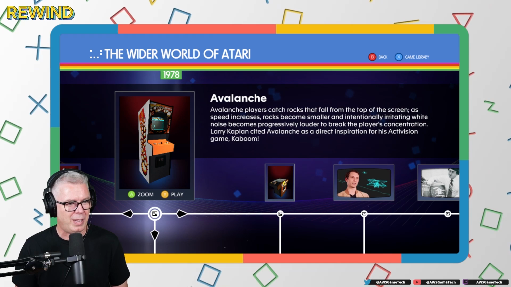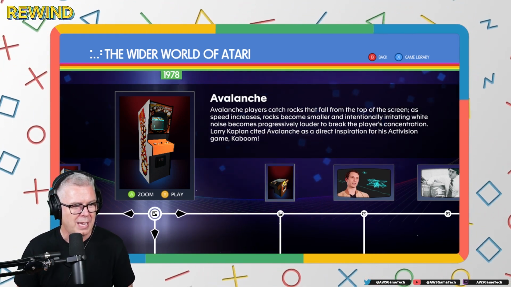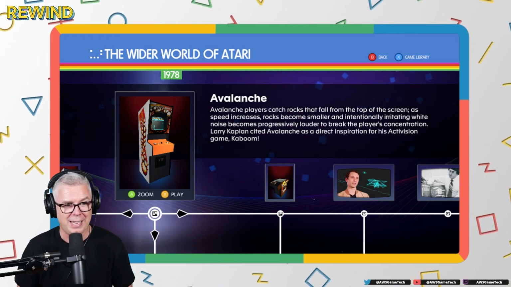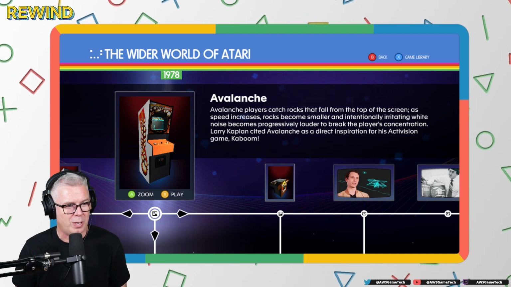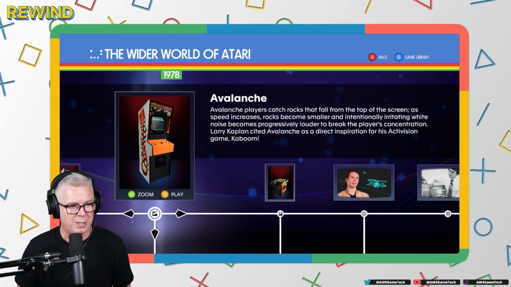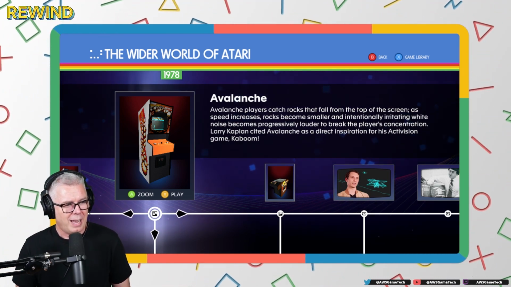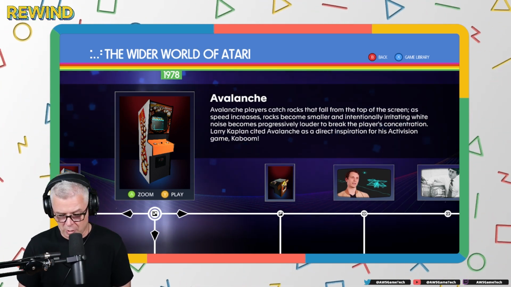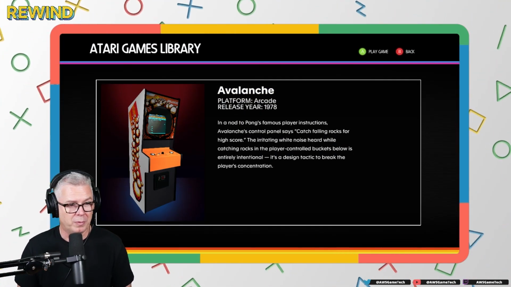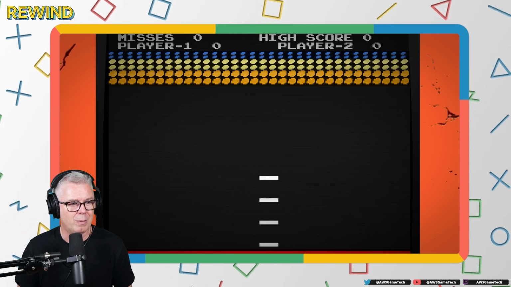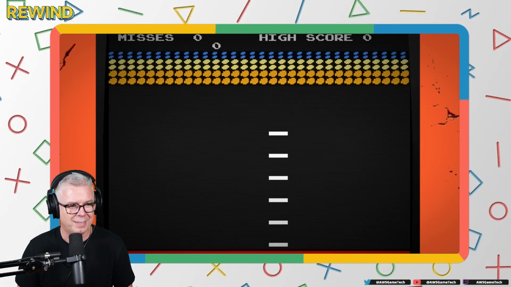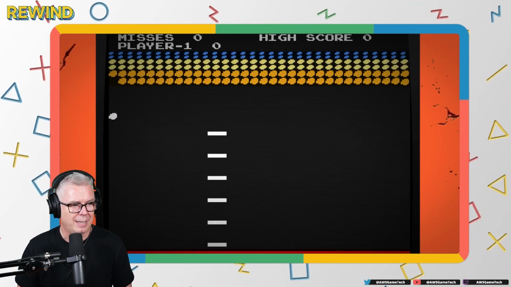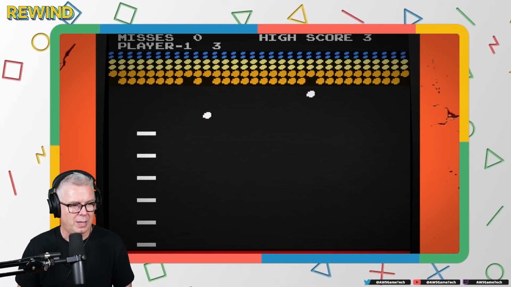All right, Avalanche. Players catch rocks that fall from the top of the screen. Speed increases, rocks become smaller and intentionally irritating. White noise becomes progressively louder to break the player's concentration. Larry Kaplan cited Avalanche as direct inspiration for his Activision game Kaboom. Okay, another great game, Kaboom, for sure. All right, let's go ahead. Oh, here we go. Yes. I can see exactly. Okay. So this...